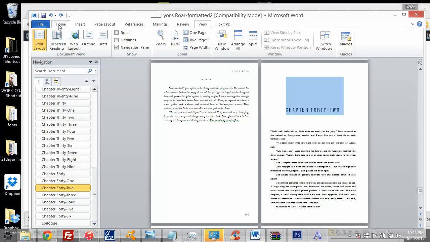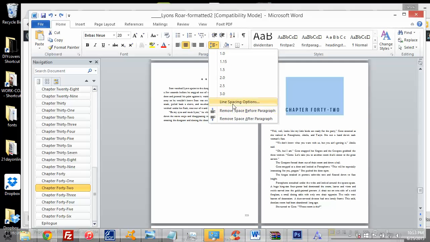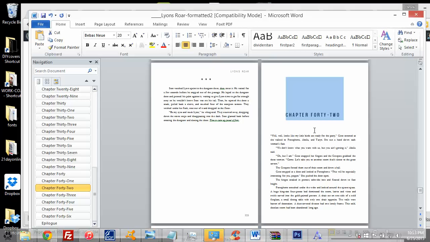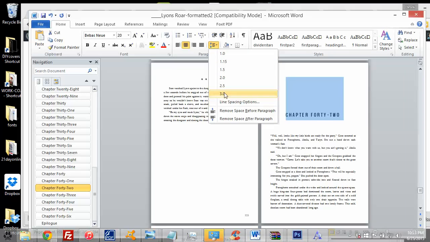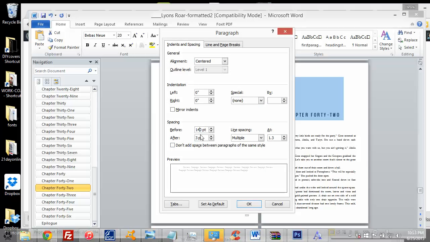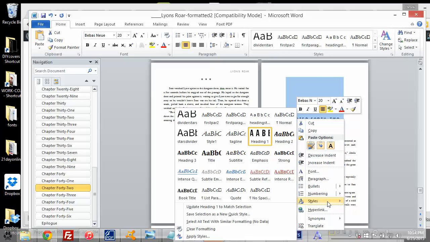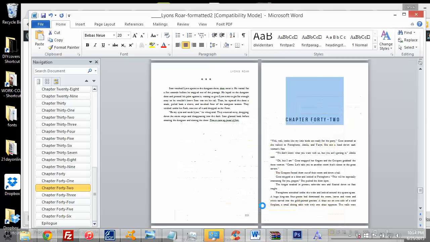So if I go to line space options, I'll put this at 140. It's still not quite there, because it really should be about halfway down. If I do it this way, that's about right. So there's a lot of space up here on top, and the text is about halfway down. And so I'll highlight this again, right click, and update Heading 1 style. And that's going to make